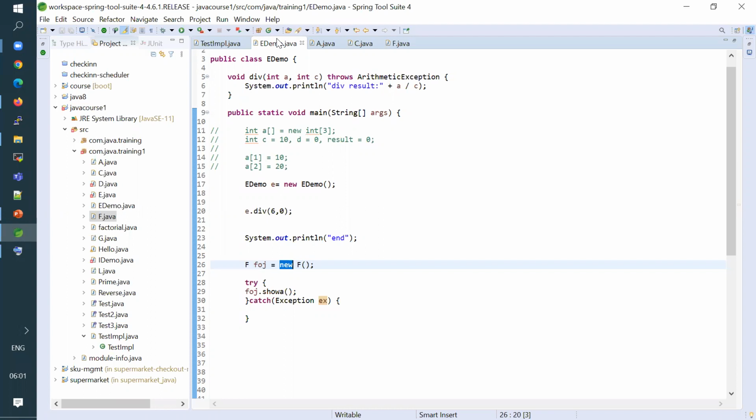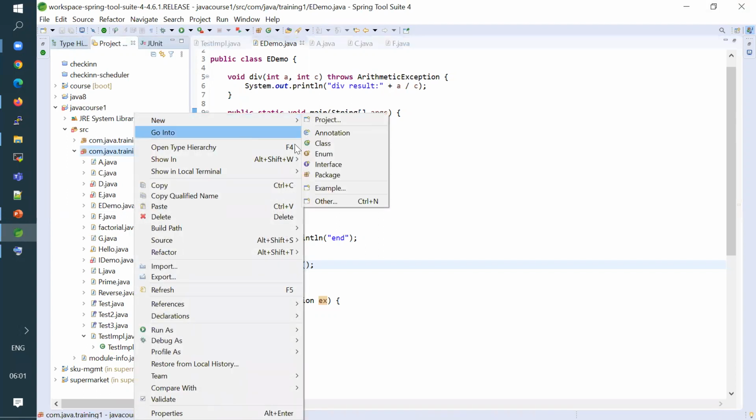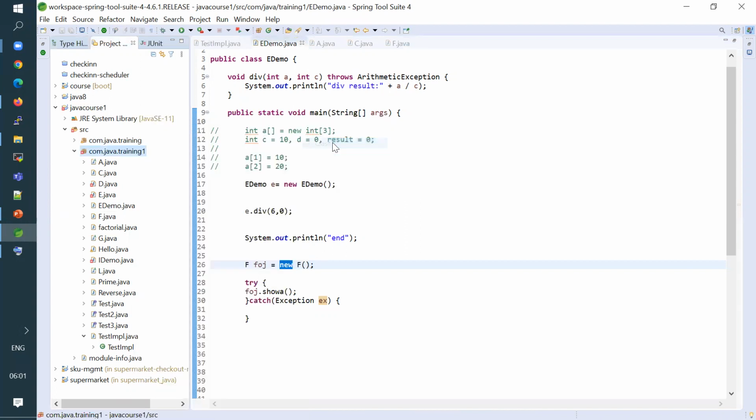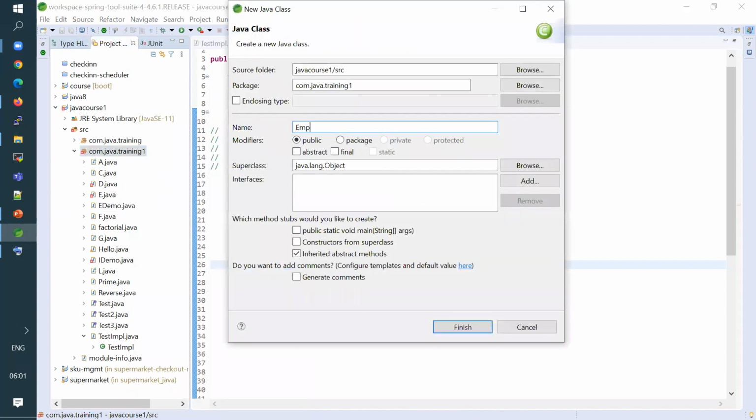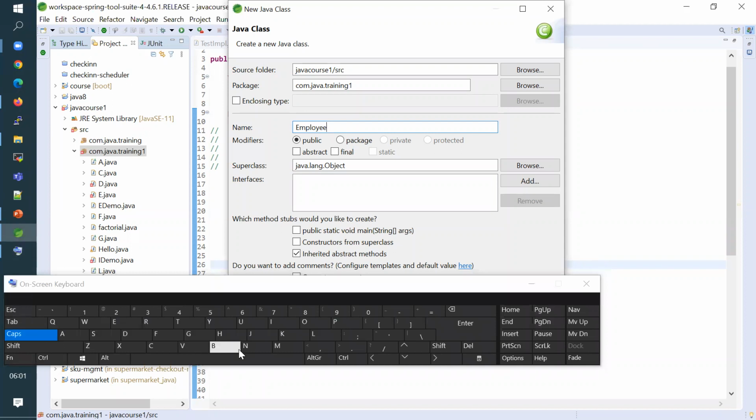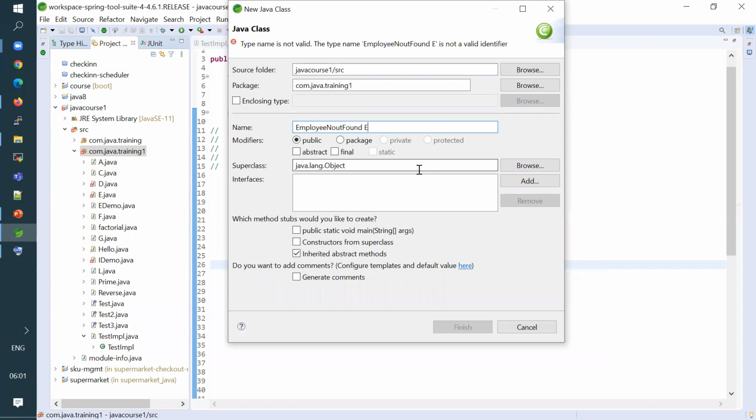We can create one exception like this: throw new, a class we can call EmployeeNotFoundException.